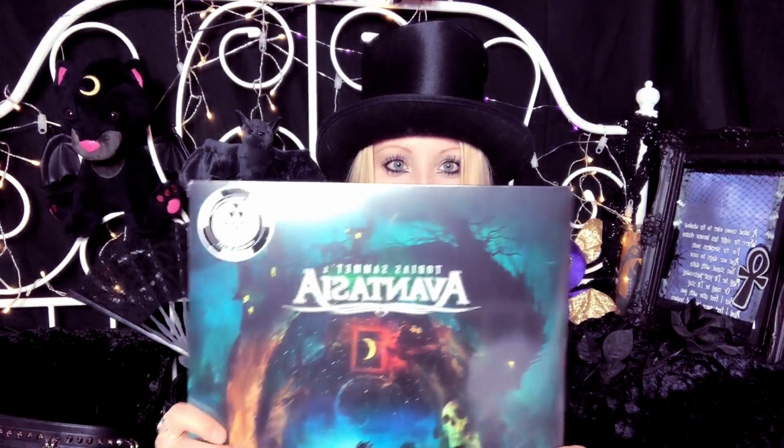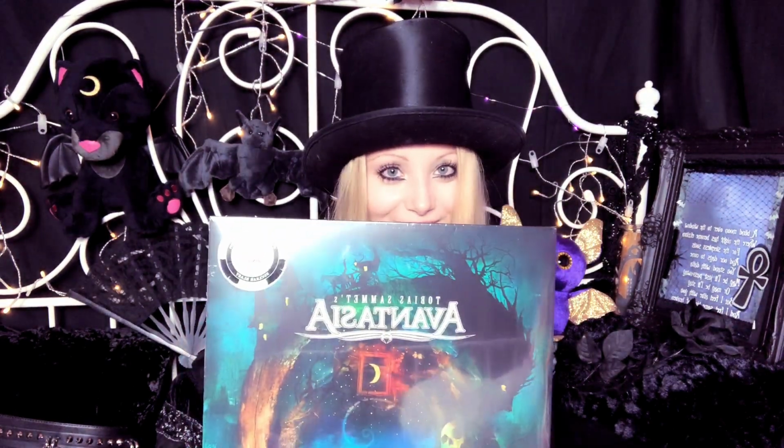So this is the official AVANTASIA Moonglow vinyl edition, my personal one. This vinyl edition is composed of 2 different vinyl discs, as always. And on the first vinyl disc, we have these songs: Goes to the Moon, which is just so mesmerizing. It is one of those truly metal opera pieces, and it is actually almost 10 minutes long, but I would